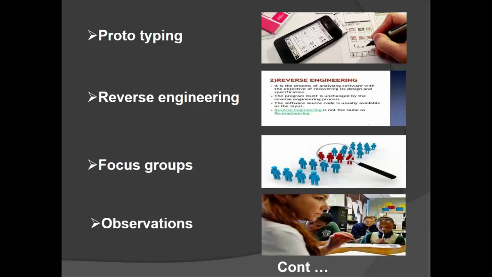In active observation, the BA will do the same work. He will sit with the end user, take a notepad, keep on observing the end user and write down whatever he notices. But whenever he gets time, he will start having a conversation with the end user. He will ask why he is giving this input to the system and where the system is going to show this impact.